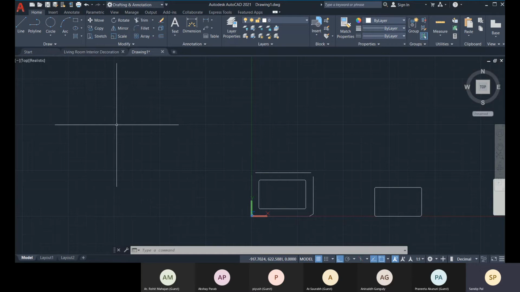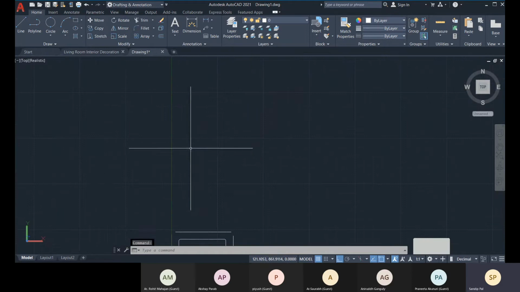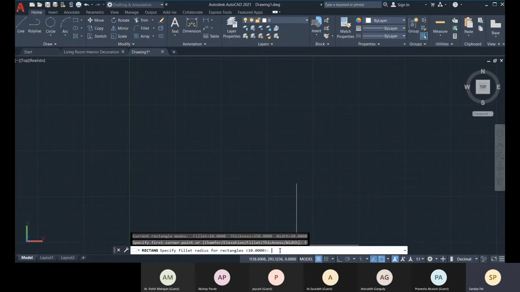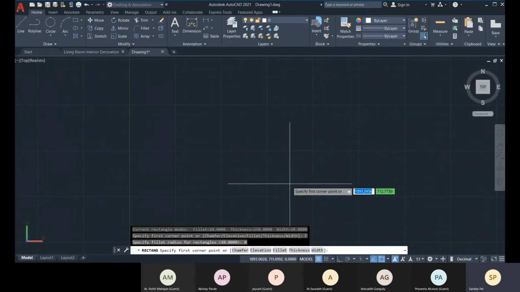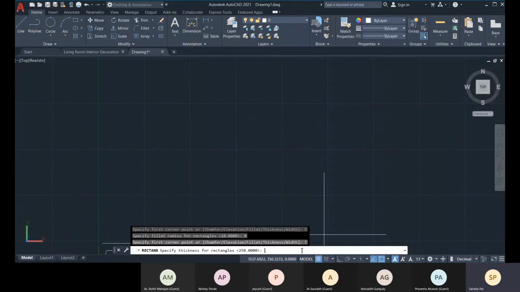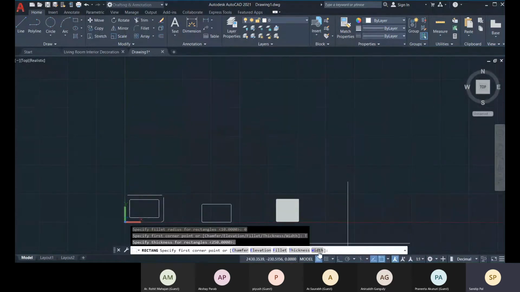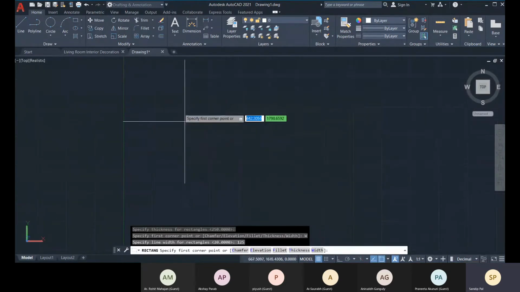these things will give value to the architects. It will be beneficial for architects, because while creating a 2D plan, you can add 3D effects. So that you can do with this thickness and width both. So for fillet, let me do 0, and the thickness, let me provide anything, because in the plan view it won't be visible. So the width, which is like the wall width, interior wall width.